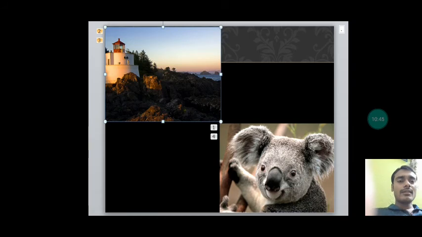You can see now the sequence is 2, 3 and 1, and 4 is here. The second and third animation effects will be created with this picture, and the first and fourth animation effects will be created with this picture.